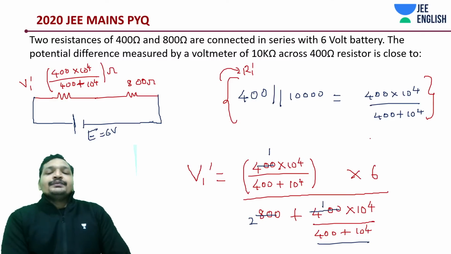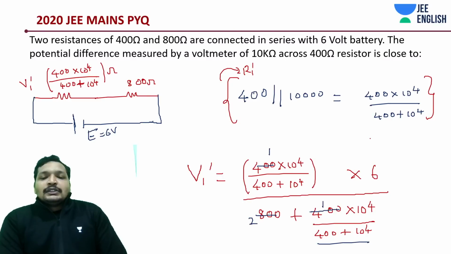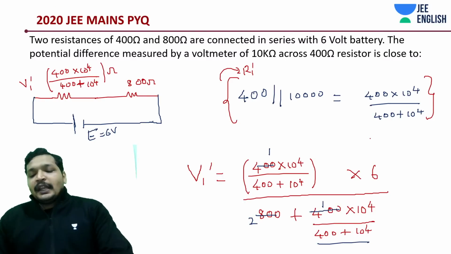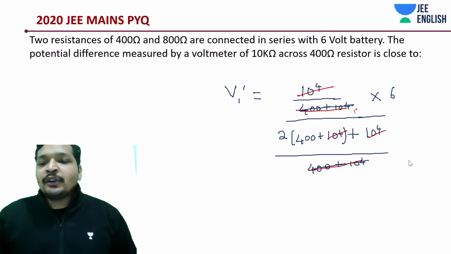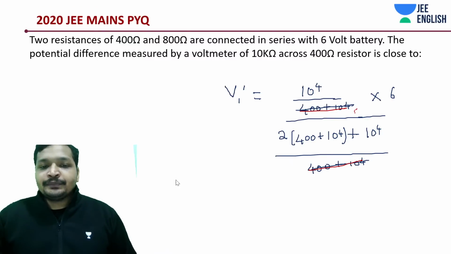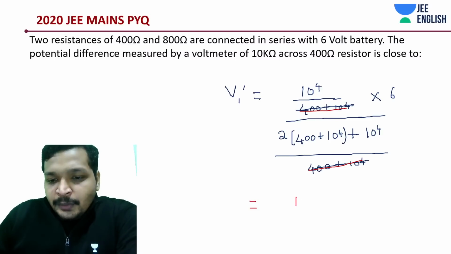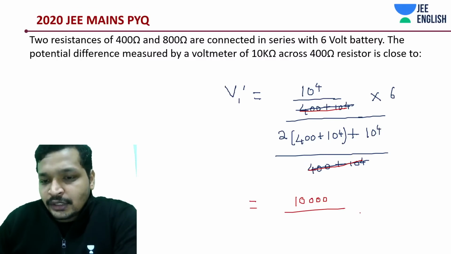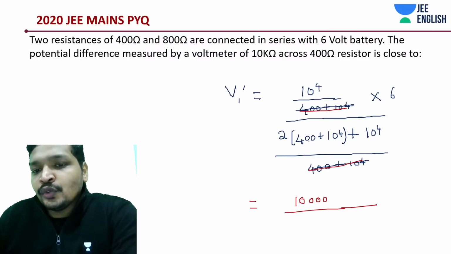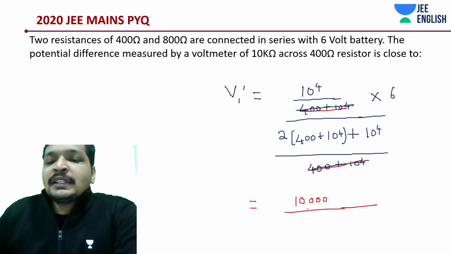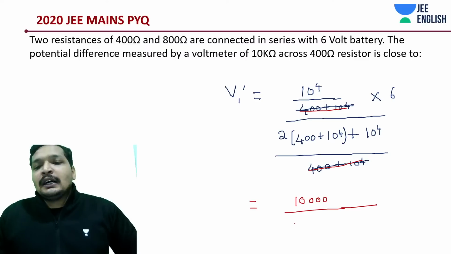What do we have? There is something we can do about it. Okay, anyway, let me condense it. No, 10 to the power 4 you cannot cancel. Okay, right, you need to notice it, Gita, that's the point. To solve it quickly, definitely you need to notice it. So this is going to be 10 to the power 4. Okay, let me keep it as 10,000. 10 to the power 4 is 10,000. So here we have 2 into 400 plus 10,000, that is going to be like